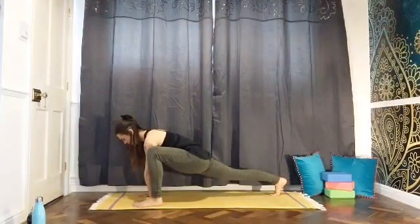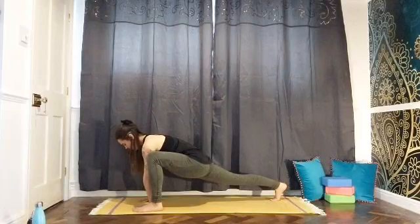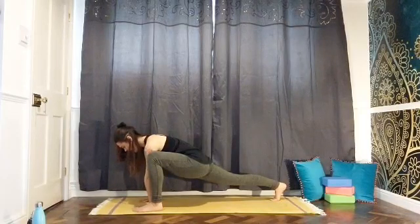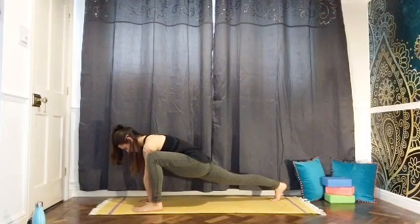Nice, slow, steady breaths, hold it here. Now I've hurt my neck, so I'm looking straight down. If you've hurt your neck, you can look straight down. But if your neck's okay, I want you to look forward and shine the chest forward. Okay, we'll hold it here for 5,